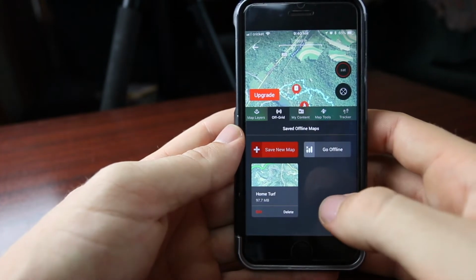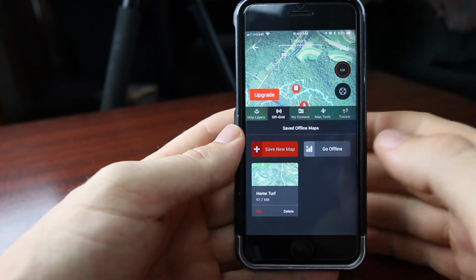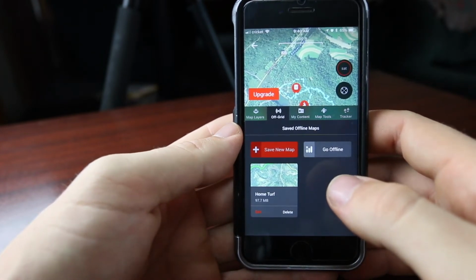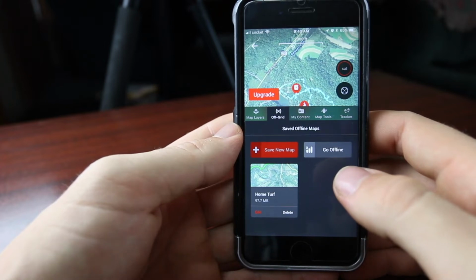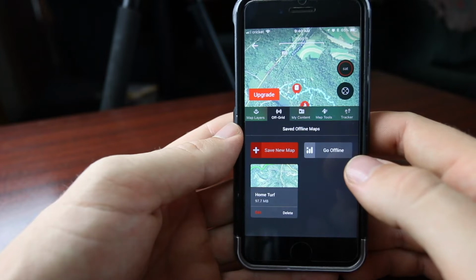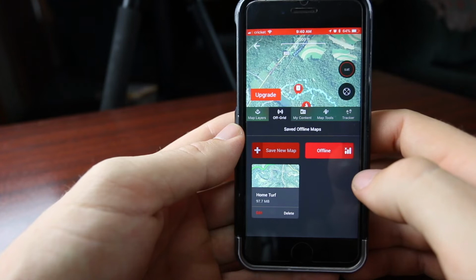The next thing that you can do is come here to the off-grid tab. Now this is pretty neat. It will give you the ability to download maps. You can see I've already done it here and labeled it Home Turf, but it will give you the ability to download maps for offline use, whether it's because you don't have service in a particular area or whether you just want to save data when you're out in the field, whatever the case may be. This is really great. You can go ahead and click here and go offline,